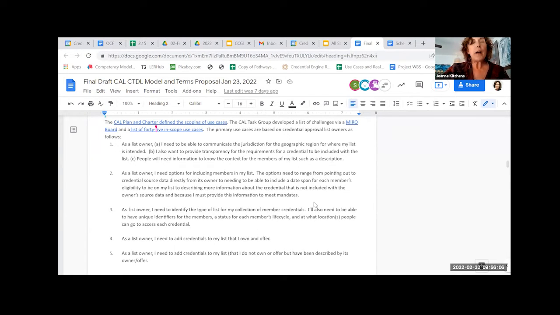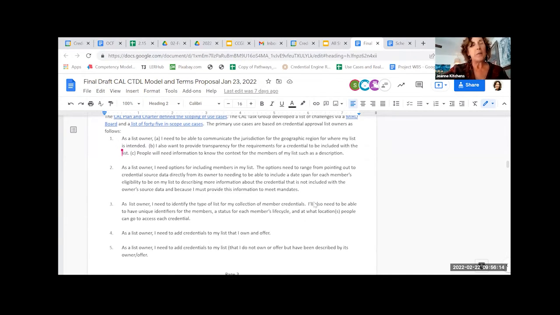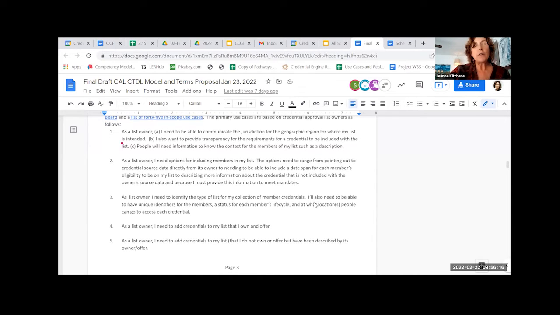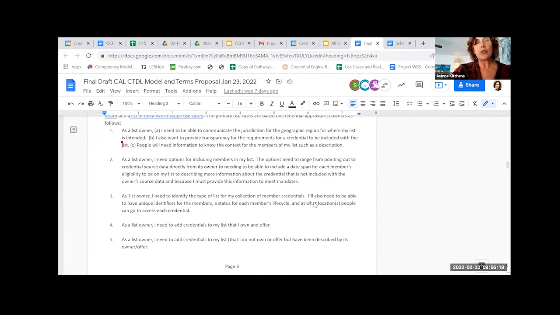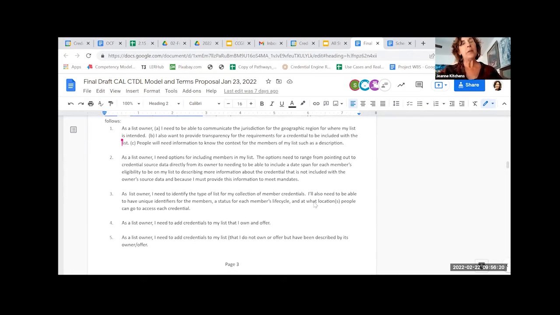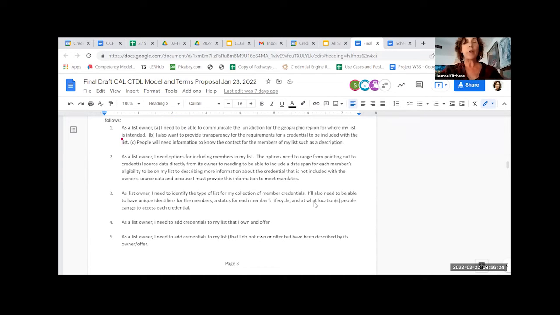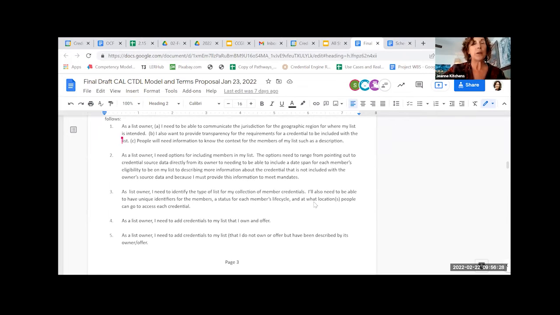But for those other actors to benefit from the data, they have to get it from the owner or the creator of a list that provides that data. So we really wanted to focus on the list owner use cases and making sure that list owners, including the many state partners that we have, could utilize the CTDL solution.